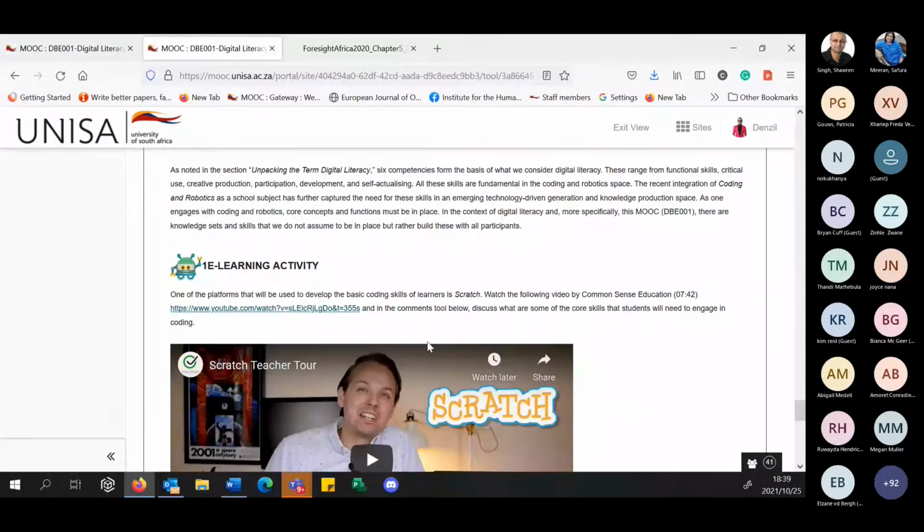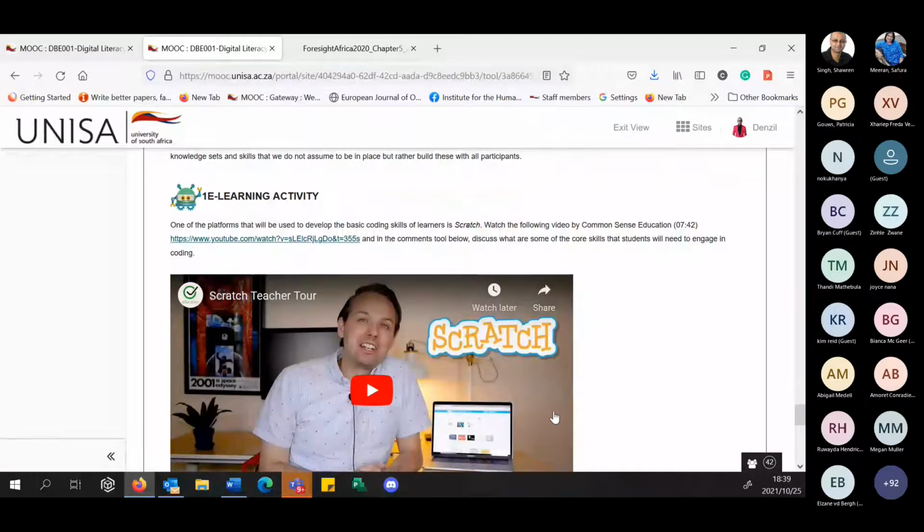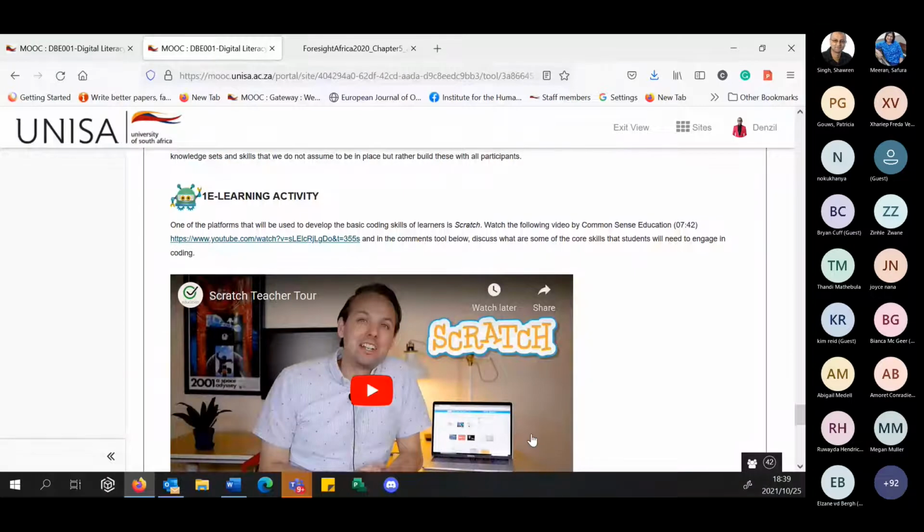Then the e-learning activity, and what we wanted to do here was, one of the tools that we will be using is Scratch, and there's an excellent video by Common Sense Education, and what I would like you to do here is watch the video as the presenter unpacks what type of skills are needed for students when they start engaging with coding, right? And here what I want you to do as you engage with this is discuss, as you listen to the presenter, take note of, for example, when he talks about